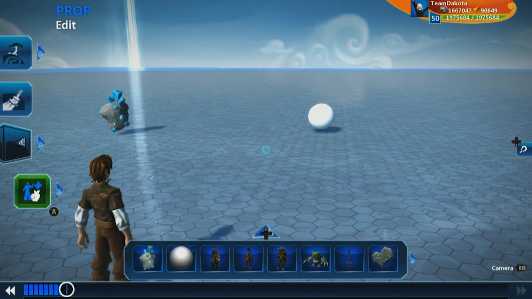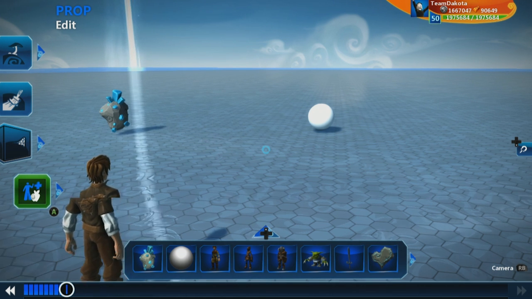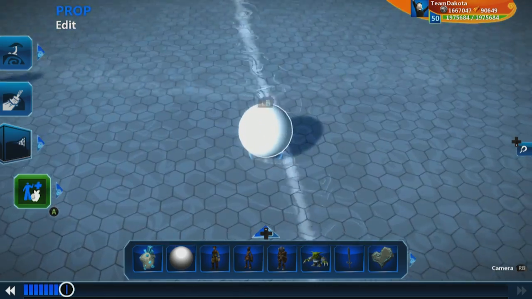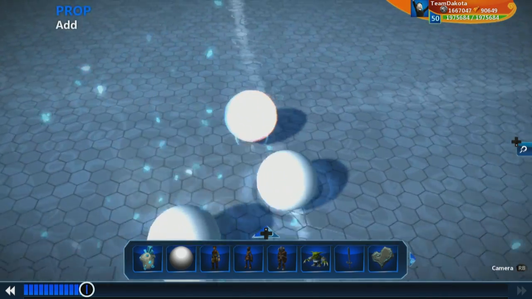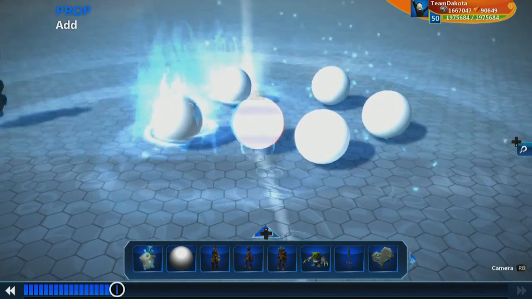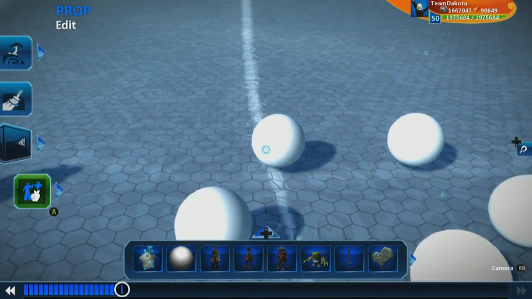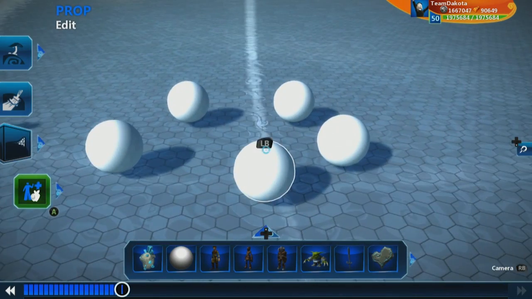So, how would you set random colors on objects? This is something that's actually pretty easy to do in Project Spark. To give you a good example of why you might want to set random colors on objects, say we have a sphere right here, but we want to have a few of these, and we want them to look a bit different. Well, we could individually color each one of these to make them look different,